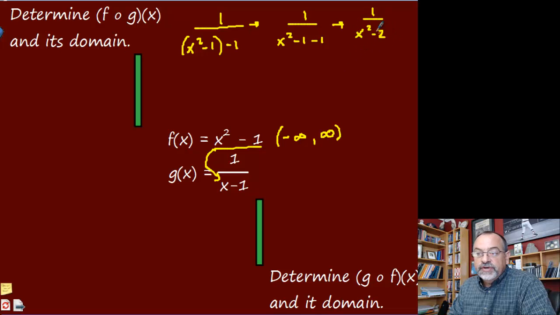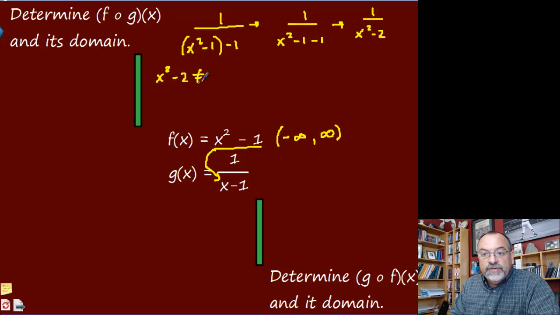Now this does create a restriction. While the original function has no restrictions, all real numbers, the new function does create some new restrictions, so we want to determine what those restrictions are. In this case we have x squared minus 2 in the denominator, so that means it cannot be 0, which means x squared cannot be 2, which means then that x cannot be